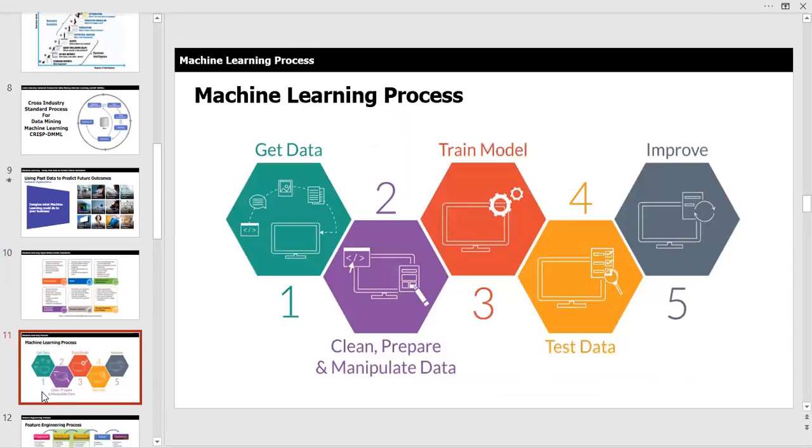So what do we really mean? Well, machine learning is really a process. It's really what it boils down to. And the first part is just get the data. So that's where the data comes from. And we've shown previously through ETL, extract, transform, and load, that first we've got to get the data. The data comes from all kinds of different sources: log files, live feeds, internal systems producing data. I mean, it comes from everywhere.